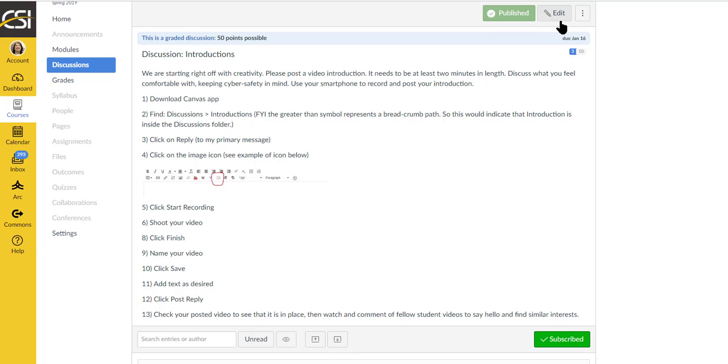Or it might be better for you to go into the Canvas app, click on the plus sign in the discussion, or click reply and then the plus sign, and then it brings up the camera, go to video and record. So you may have to play around a little bit in order to see what the instructions are for your phone.